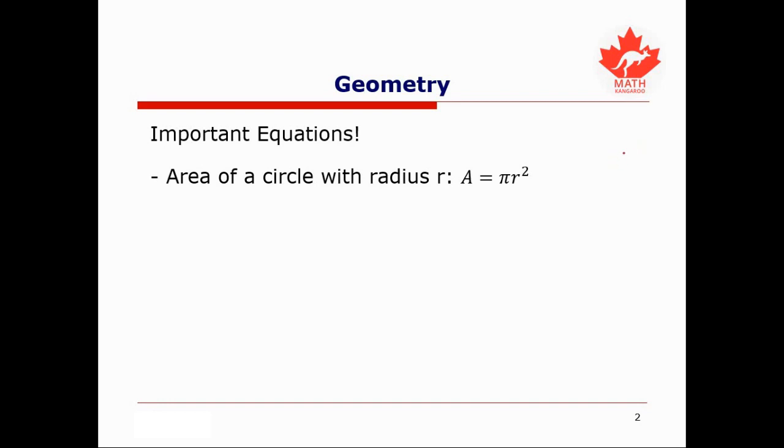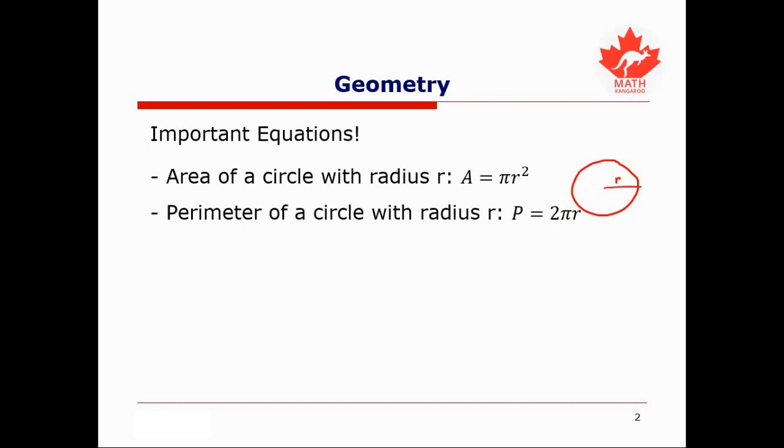So if we were to consider a circle, and suppose that circle has radius r, that means the distance from the center of the circle to its circumference, or perimeter. Then the area of that circle is given by squaring r and multiplying that by pi. Speaking of the perimeter or circumference of the circle, we can calculate that as it is equal to 2 times